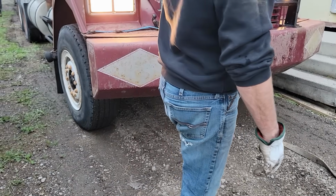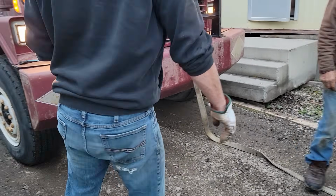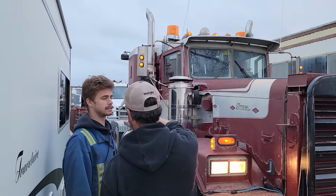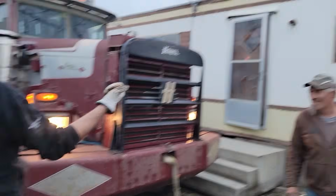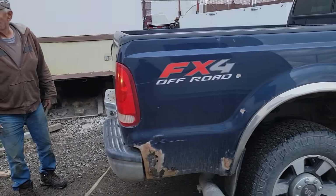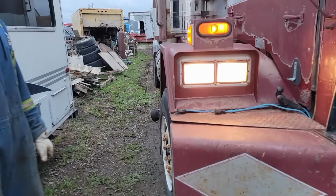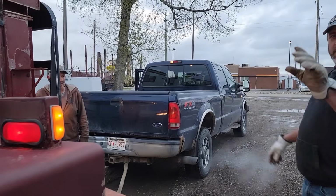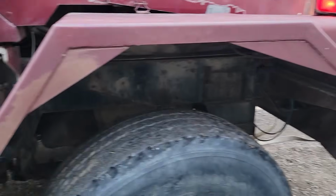Yeah, I'll drive this one and you can drive my truck. And we're just going to try and let the Hayes do its thing. I'd like to, if everything lines up, go out, but he can only go to the road. And then we're going to disconnect him. This thing should be flat enough that the two can pull, and we'll just kind of do